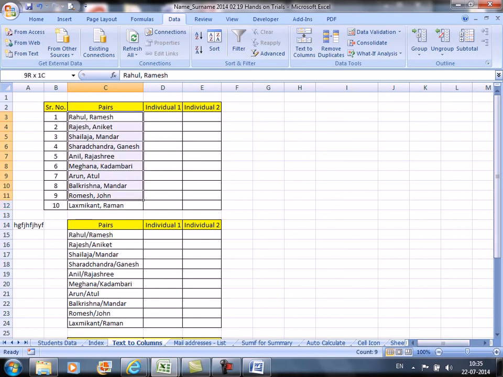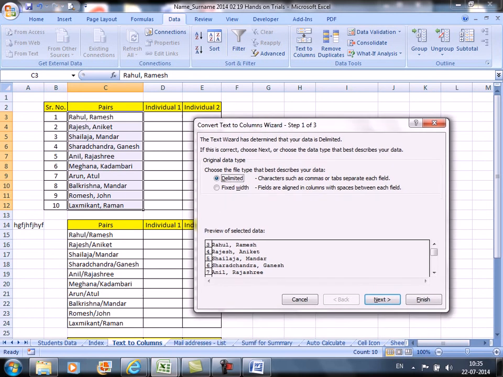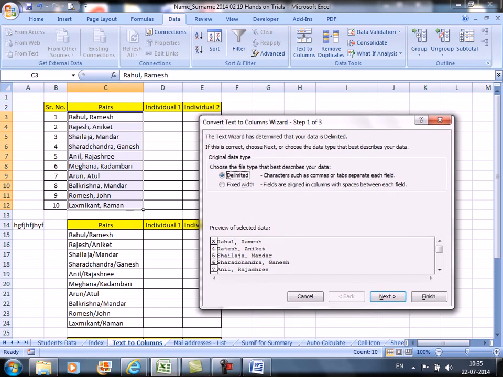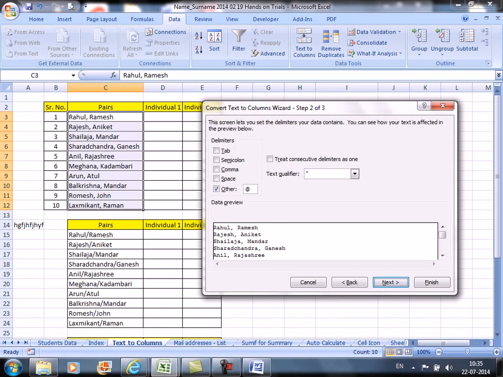So select those cells, go to Data, text to columns. The Convert Text to Columns wizard window 1 of 3 is here. Select delimited, go to next. What is your delimiter here? Comma.